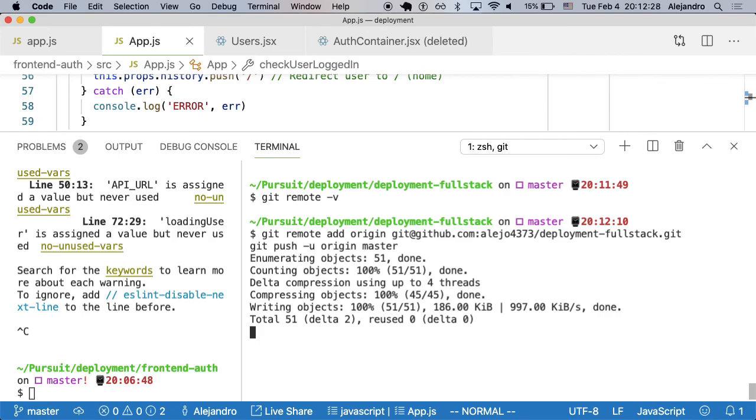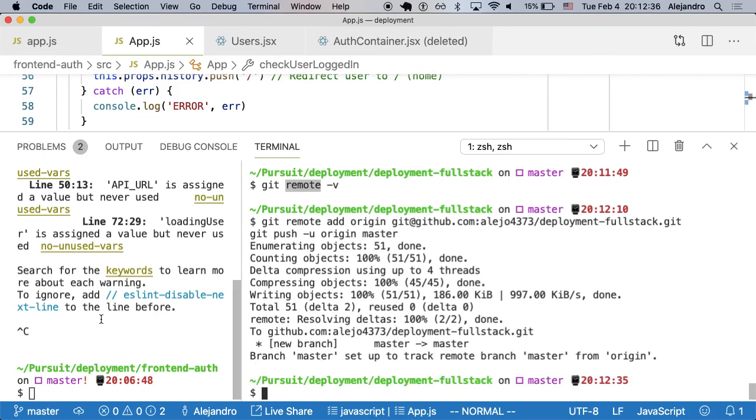What was the remove command once more? The remove or remote? Remove. To remove the Git folders. It was rm for remove. Yeah. R for recursively is